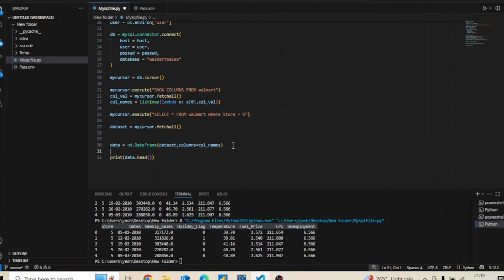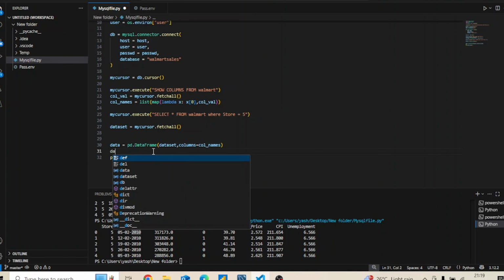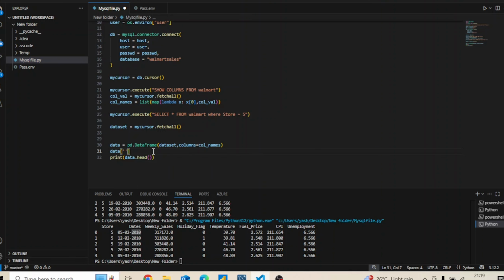You can easily do all kinds of data analysis. For example, if I only want the year and not the dates, in that particular case you will just say data, and within this I will pass in dates, correct? And here I will say data of dates,